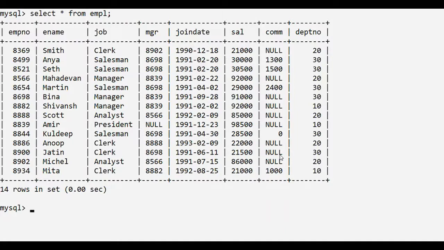Null values will not be considered as no operations can be done on null values.